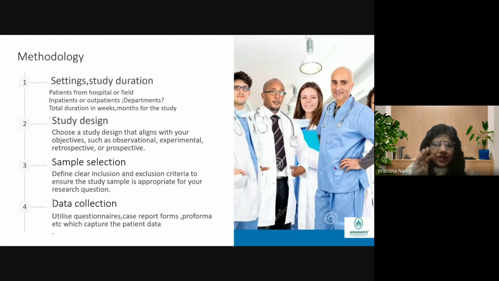But for students, generally, we say retrospective may not be acceptable. Experimental or interventional is also not approved. 2 of our projects were rejected because they were clinical trials. So observational and preferably cross-sectional, I will tell you what it is, where follow-up is not required. You just talk to a patient, make a very detailed questionnaire which collects so much of data, very meaningful data. That is more than enough.